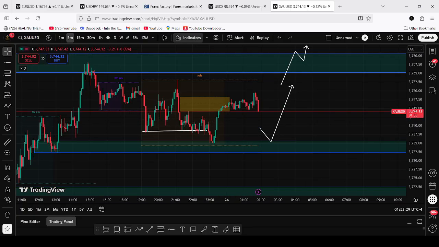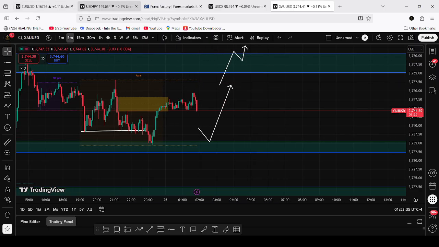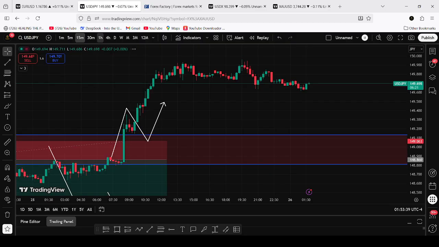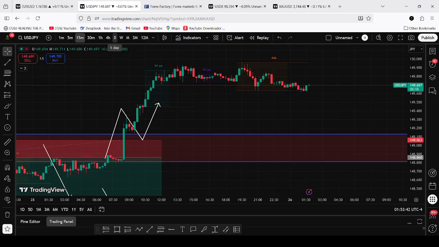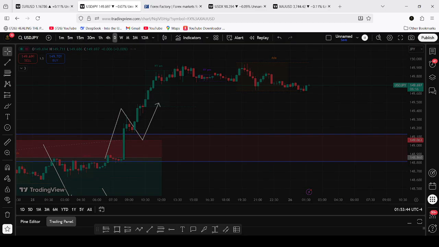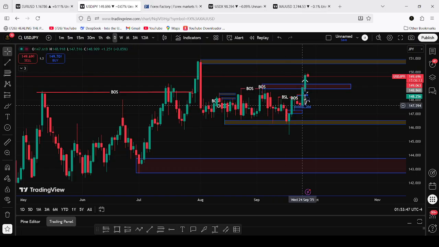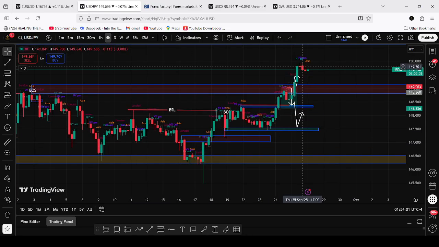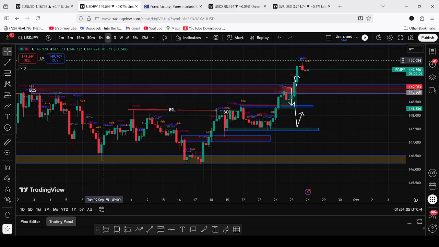Something else, that is for the gold. If we look at the JPY, it has been bullish for the last few days. You can see it for the last 2 days. It has been bullish, but the trend itself has also been bullish for a while. We can also confirm in the 4 hours time frame that the market is still bullish, forming higher highs and higher lows.